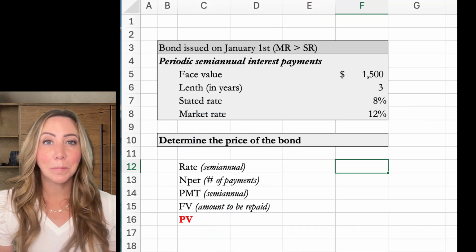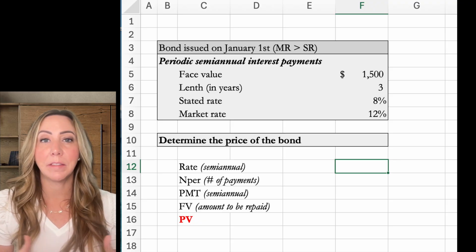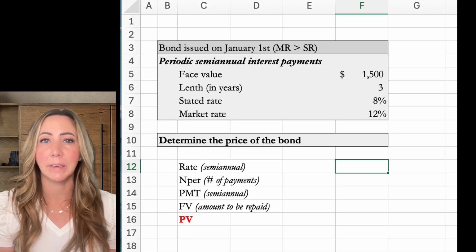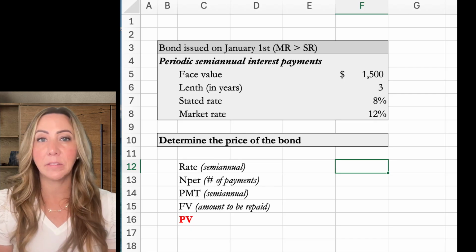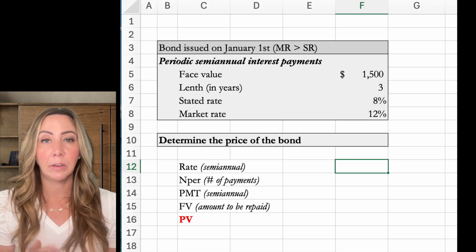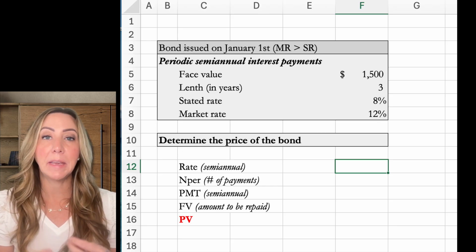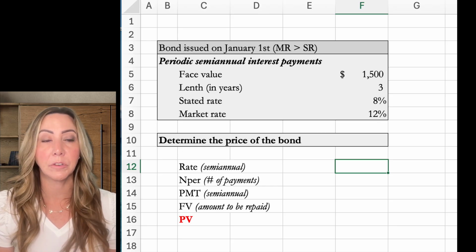Now we're going to actually price a bond. We're going to use Excel because it allows us to do the present value calculation in the spreadsheet rather than using the factor tables, which is also an option available to you. We've got a bond issued on January 1st, and it is a $1,500 bond, meaning I am selling a piece of paper that says, if you give me $1,500, I promise to pay you back. I also am promising a stated interest payment, a stated rate of 8%. So I'm going to make 8% payments for 3 years. It's a semi-annual bond, so I'm going to make those payments every 6 months for 3 years. At the end of the 3 years, I'll pay you back your $1,500.